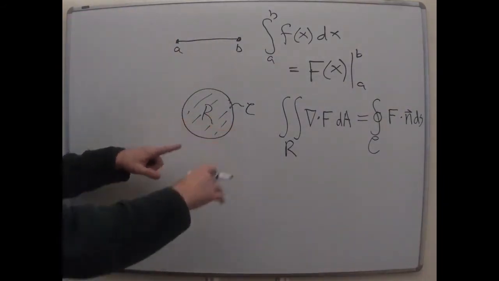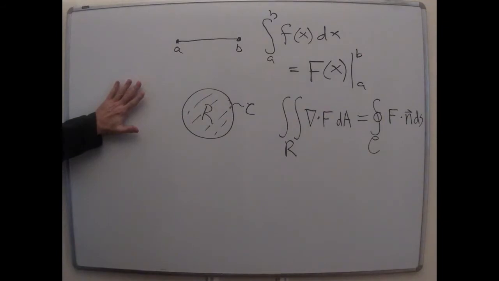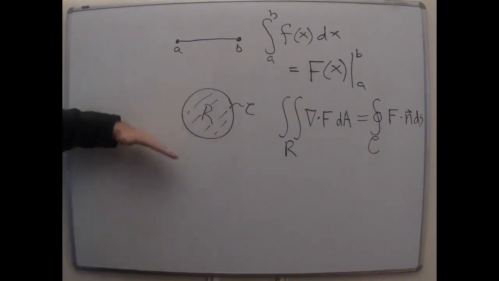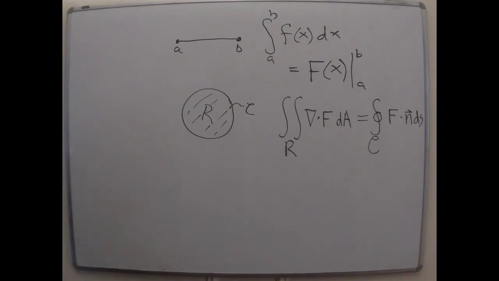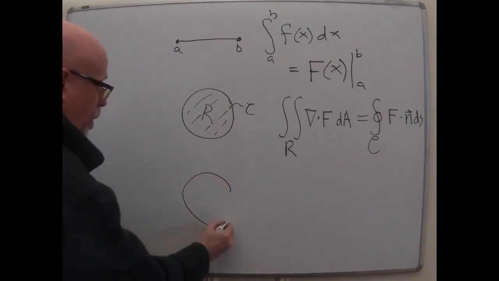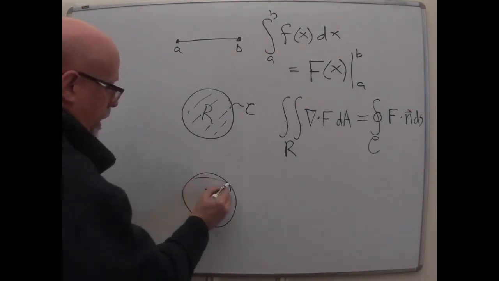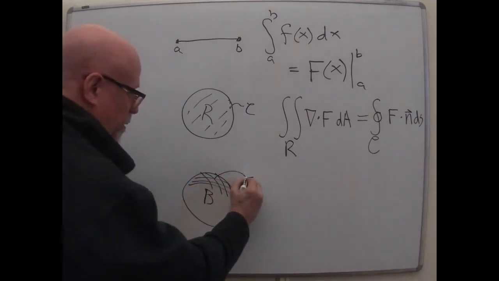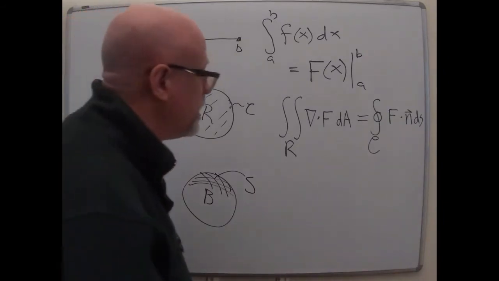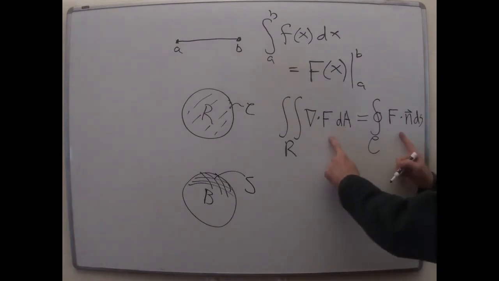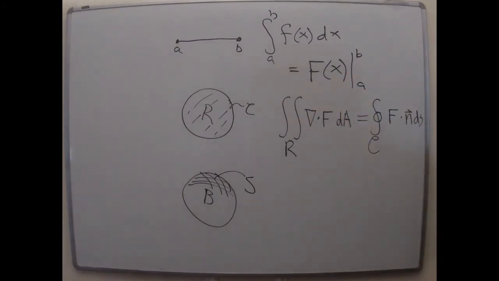There was this other version of Green's theorem, and that led us to a generalization of Green's theorem, which we just did, Stokes' theorem. But I want to follow this through one more step in this progression up in terms of dimensionality. If we have a solid ball, I'll call it B for ball, and the boundary of it is the skin, the outer part. That's a surface, S. And this thing we're about to do, the divergence theorem, basically is the same thing, just popped up one in dimensionality.